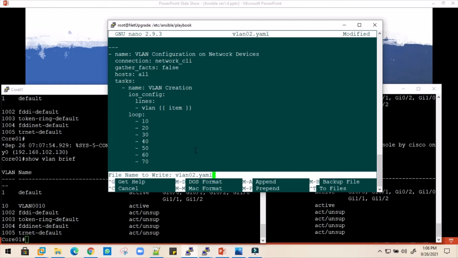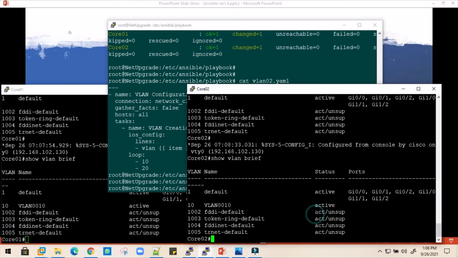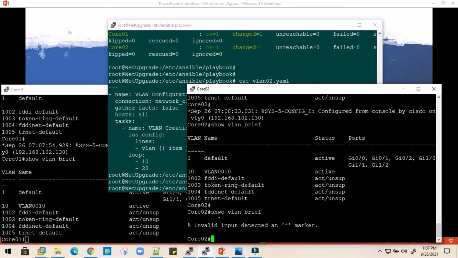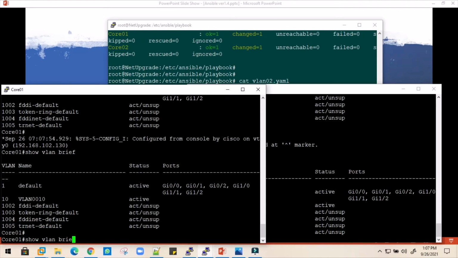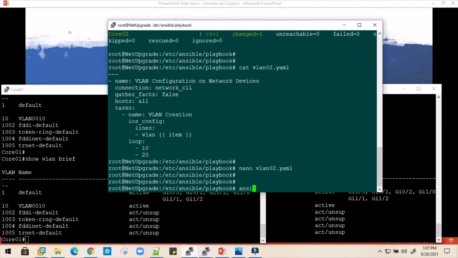Now in my switches we do not have these VLANs. Let's verify before we execute one more time. Show VLAN brief. Only VLAN 10 is there. Now let's execute this playbook.